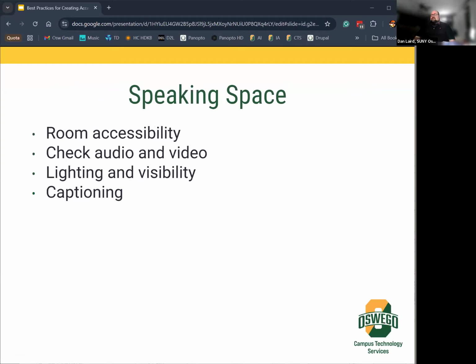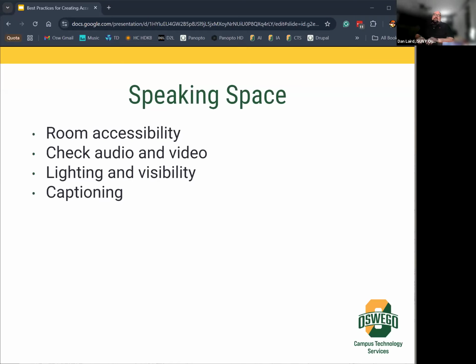And the place that you are presenting. So if I'm not presenting in a classroom today, but if I was, these are some of the things I would want to think about. Room accessibility. Is this a room that people can get in and out of easily? And is there accessible seating? A lot of classrooms will have a table at the front that doesn't have a chair for people that are in a wheelchair or some sort of walking aid to have an easier place to sit. So having that in mind is good.